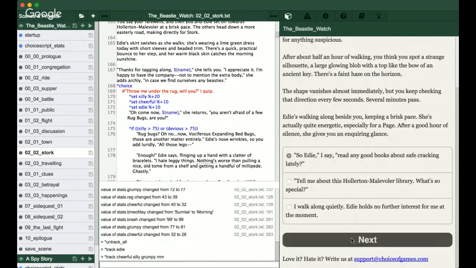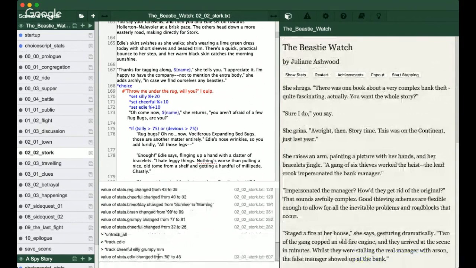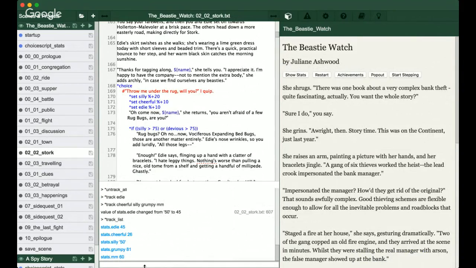Right. And if you do the track list command, it will tell you what's currently being tracked. With an underscore or a space? Underscore. And that actually takes an optional parameter. So if you're tracking a lot of things and you want to see the value, it prints the values as well. So if you want to see the values of, let's say,